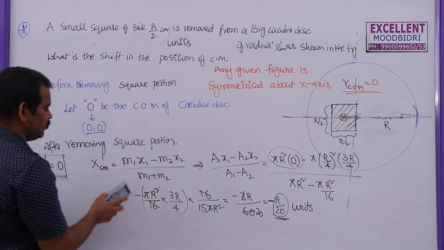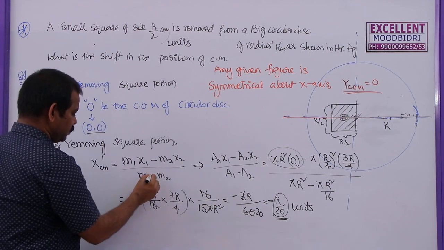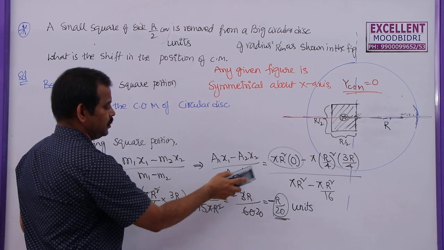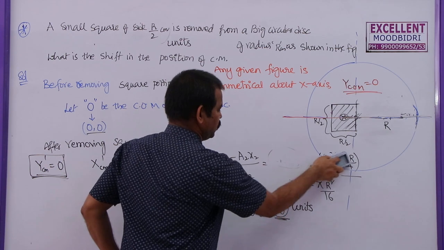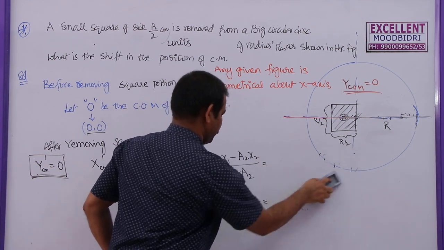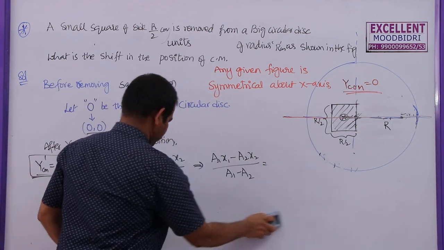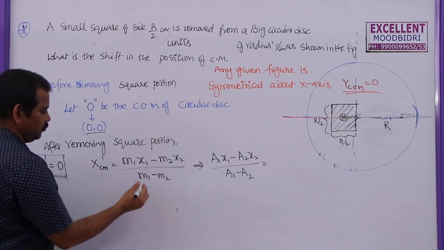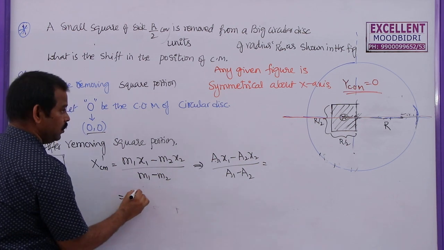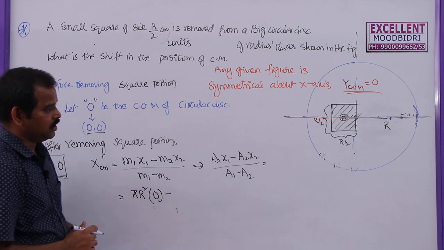So xcm dash is m1 x1 minus m2 x2 by m1, sorry, this is minus here, m1 minus m2. Which is given by a1 x1 minus a2 x2 by a1 minus a2. So now I am going to substitute these values from the diagram. Please remember, this is also minus. So what is the mass of the bigger one? That is area I am writing here. First pi r square into 0 minus,